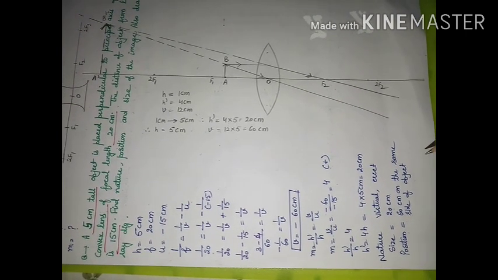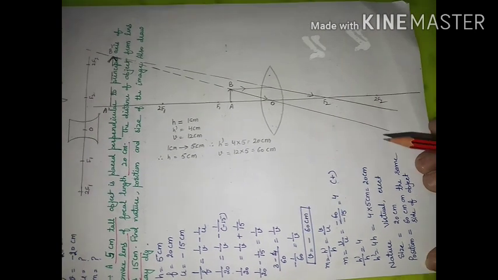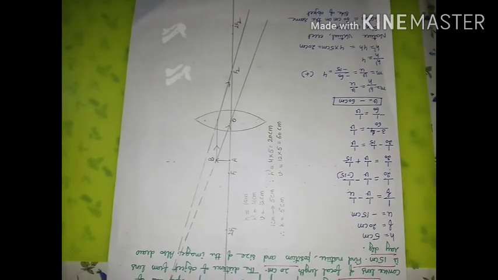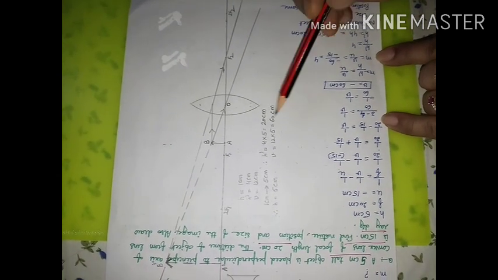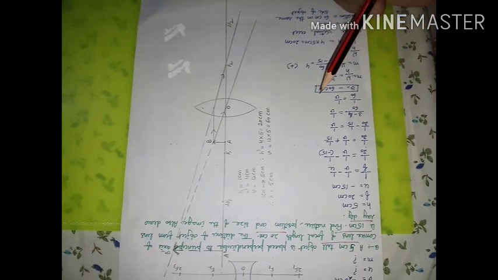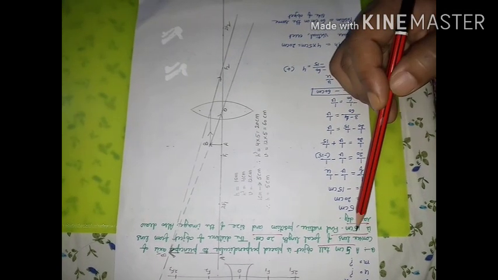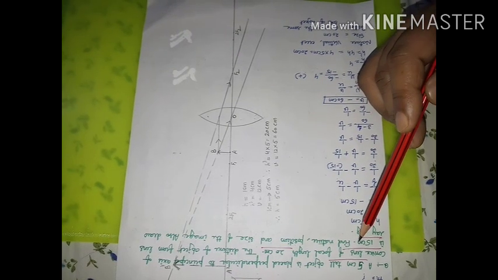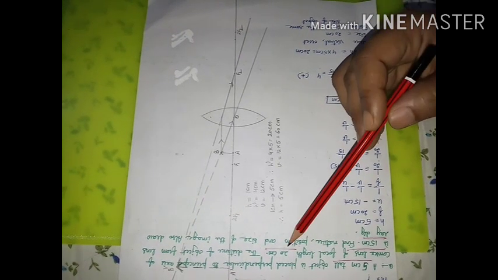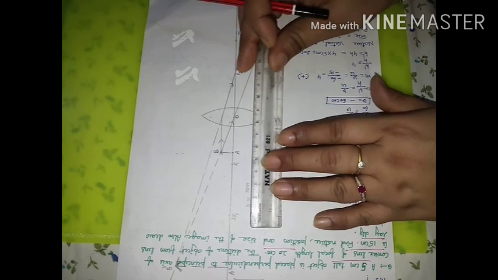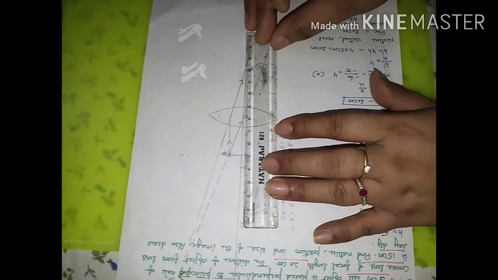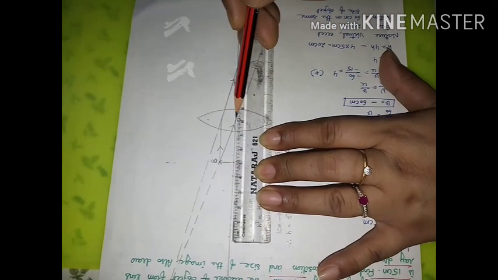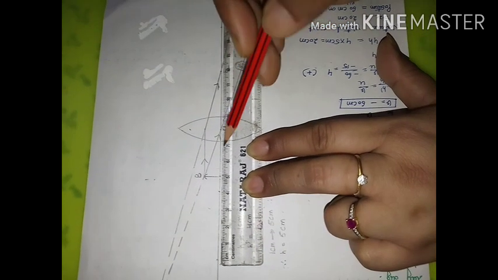Let us see with the help of a diagram whether the same answer comes or not. In this diagram you have to draw with a suitable scale. Here the size of everything is given in multiples of 5, so I considered 5 centimeter equal to 1 centimeter. The focal length is given to be 20 centimeters, so from the optical center this is the focal length, 4 centimeter. So 20 centimeter is equal to 4 centimeter here.